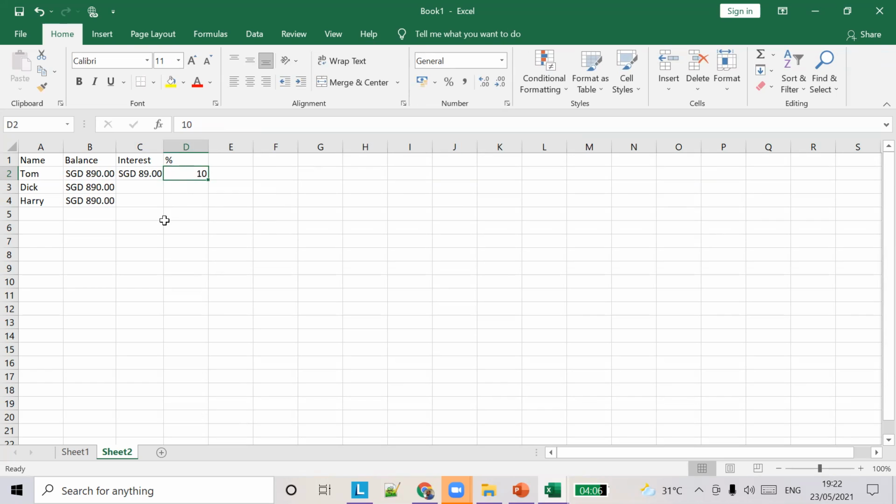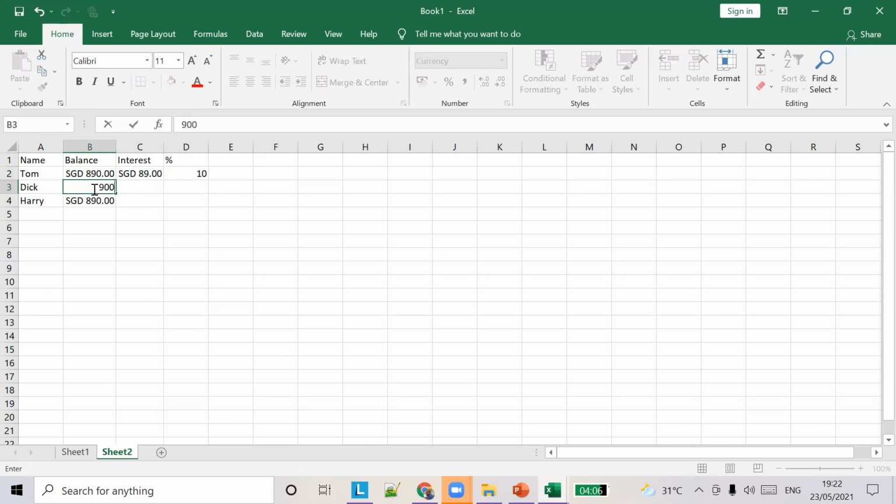Now you can see the formula here. What I have done is B2 into D2. B2 is here, and the percentage cell is D2. The answer for 10% of 890 is $89, so that's the interest you gain on this $890.